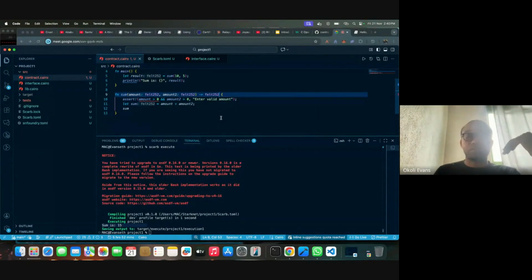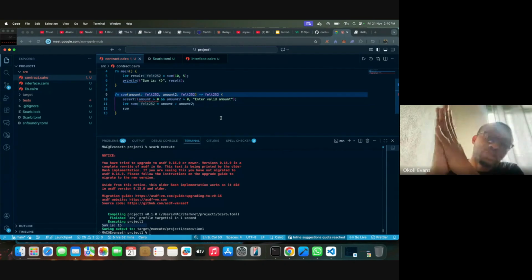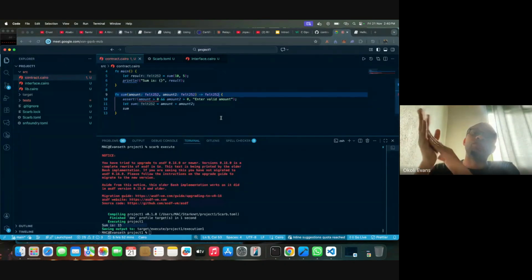So by default, your amount is u32. Like your variables, they will give it u32 by default, unless you now specify that you want to use f32. So if you're watching here, this thing has changed from u32 to f32 because of what we changed